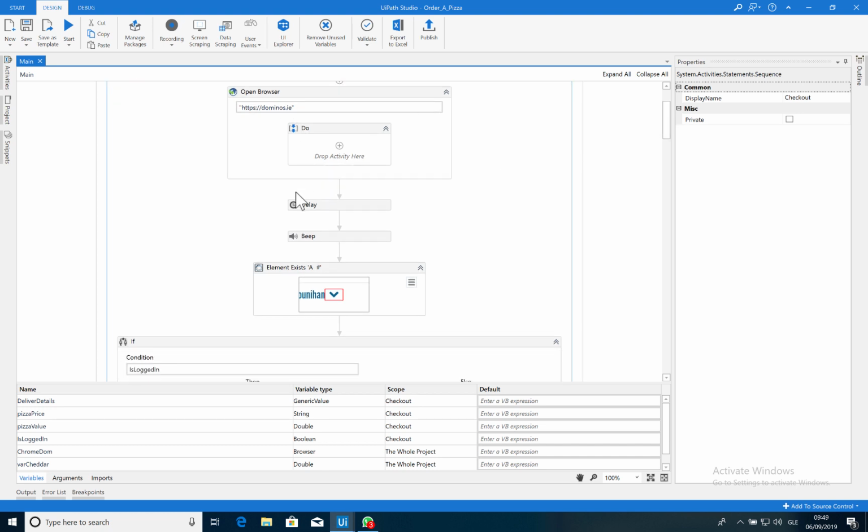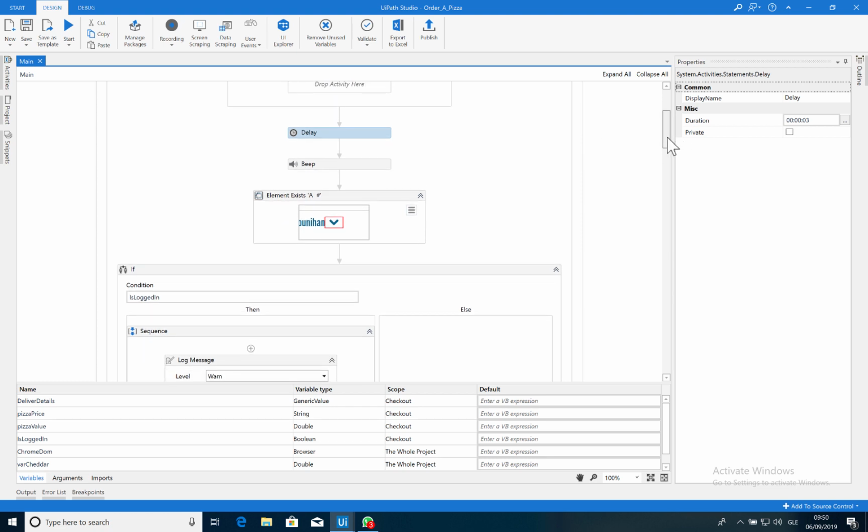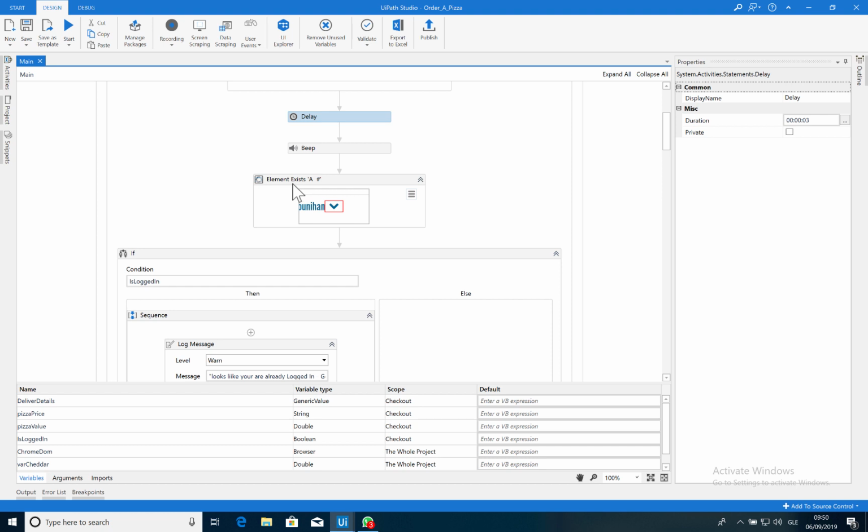Okay, cool. So I'm opening the browser here. I'm setting a delay of 3 seconds, so I'm just making sure that the web page loads properly, and then I'm making a little beep, and that's when you can just hear the beep when the browser opens for the first time. Next thing I'm going to do is check to see if this drop down, this little